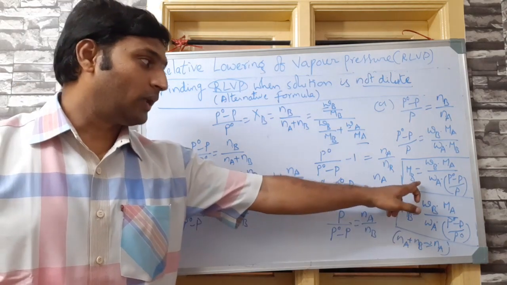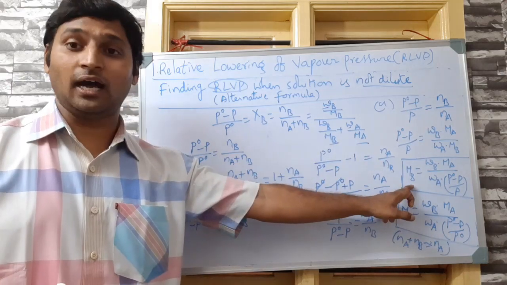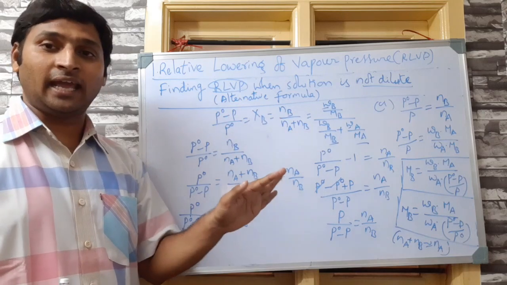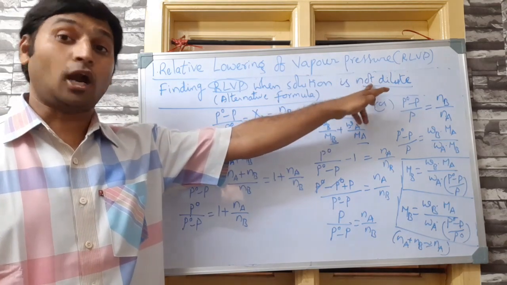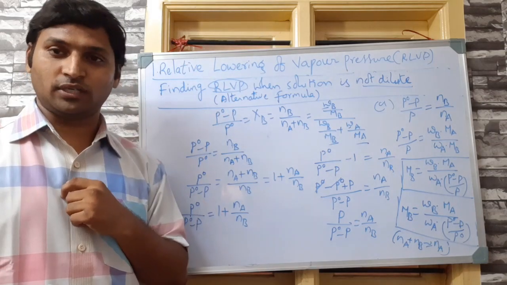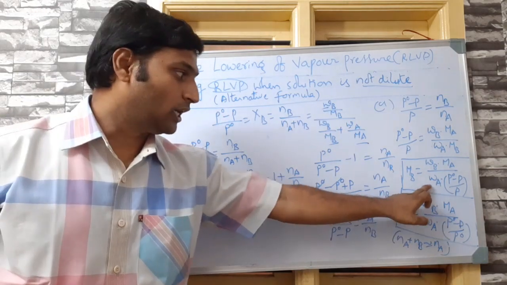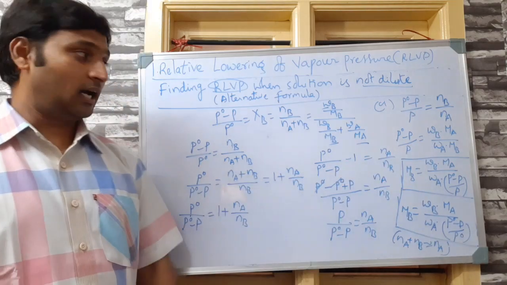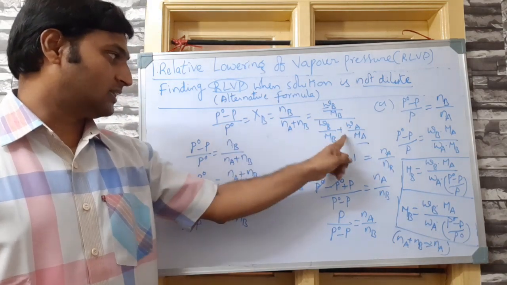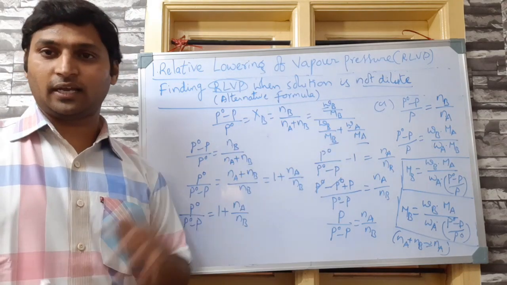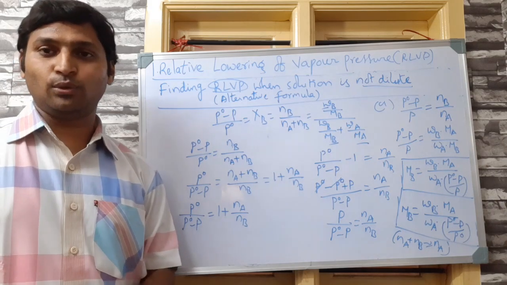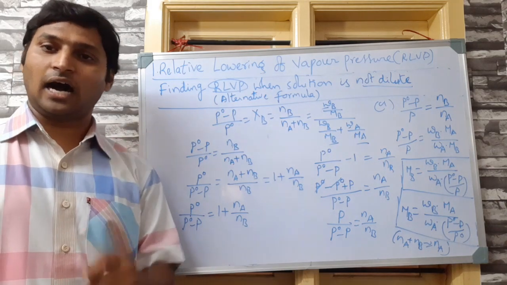So it is a quickly solvable and easier formula even without considering Na plus Nb is equal to Na, because the solution is mentioned as not dilute. Means you are not seeing a large difference in number of moles of solute and solvent. In such a case, you can use this formula. Otherwise, finding molar mass of solute using this relation would be quite difficult numerically. Understood? Easy, right? Let's proceed to experimental determination of RLVP.